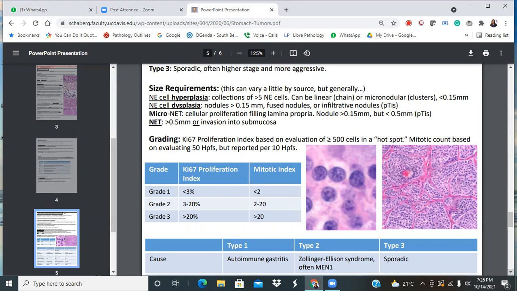So, do you use this 0.15 criteria, Dr. Alsati, and is this how you report it? Oh my gosh, this is a very challenging topic in our field. When we do a chromogranin or synaptophysin on these, I already have it because of the AMAG. I know the patient has a history of AMAG. That's the most common ECL cell hyperplasia I get.